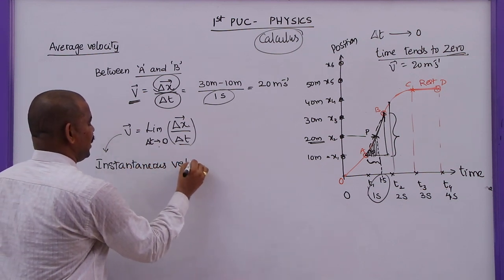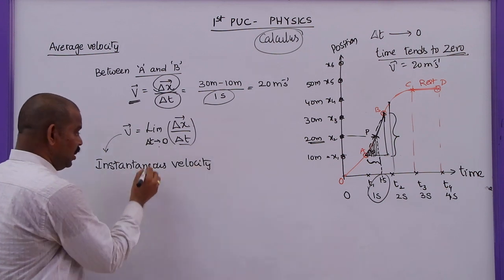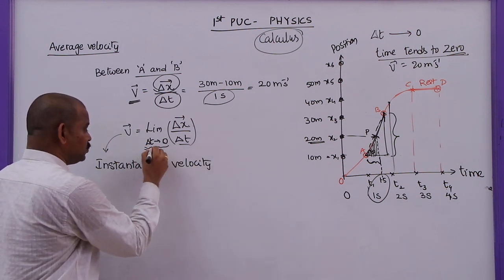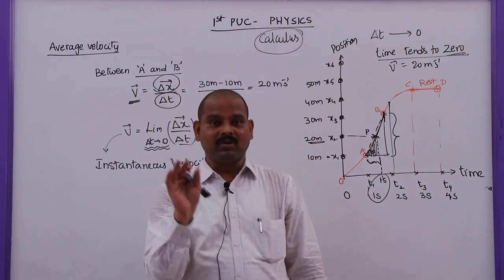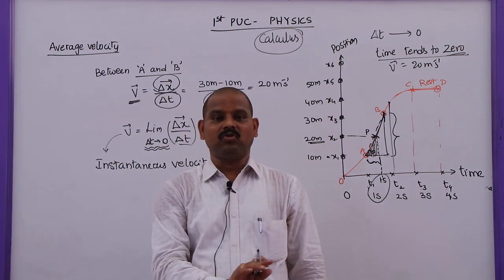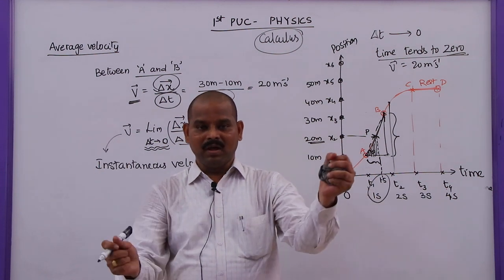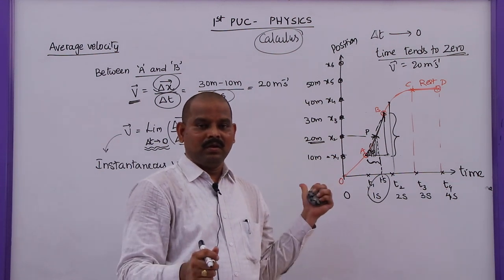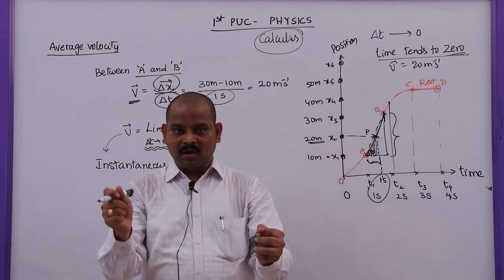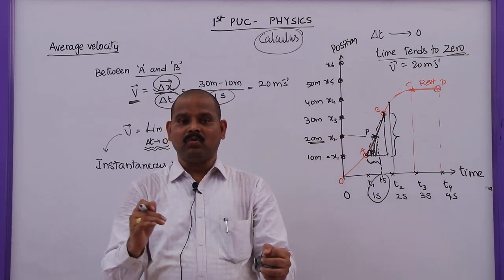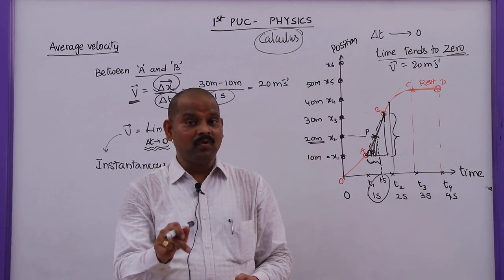So in this case, the velocity of this body when the time interval tends to 0, that means you are going to watch that speedometer only for a fraction of a second. In that fraction of a second, it is showing some reading. Let us say you are riding your car and your brother or sister is watching from behind. So your car speed varies from time to time. So here I am using the word speed.